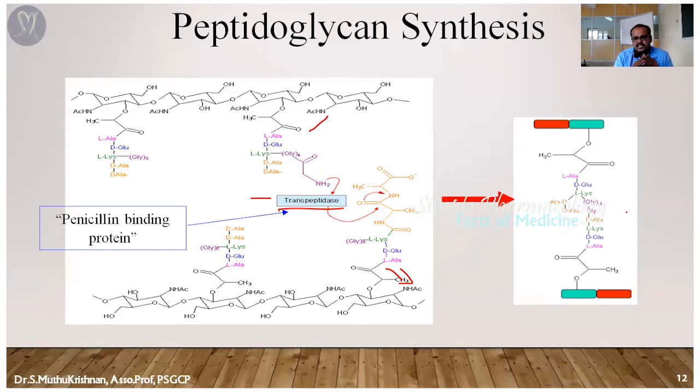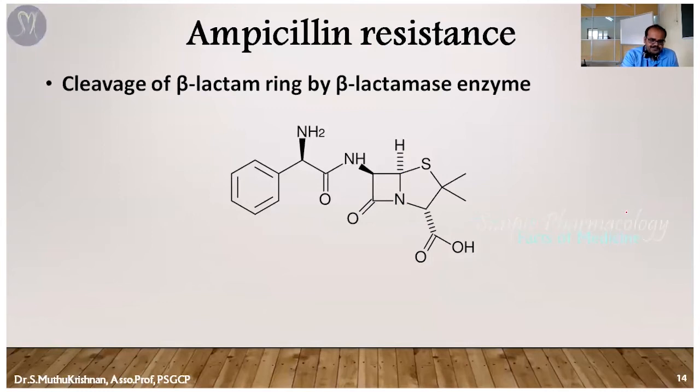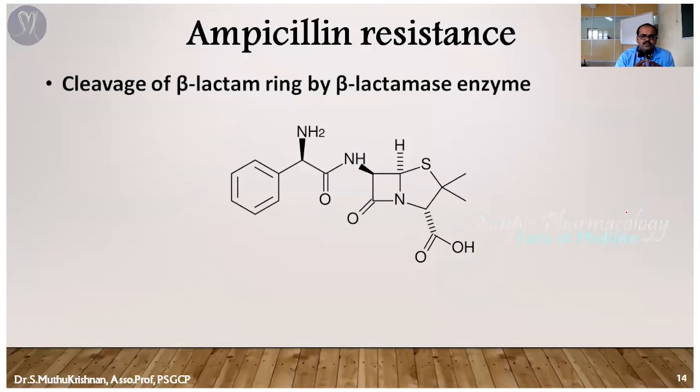Our penicillin drugs, the beta-lactam antibiotics, are going to inhibit that enzyme, transpeptidase. Once it is blocked, automatically the cross linkage fails, and the cell wall fails to stay strong, so it weakens and leads to cell death. That's the mechanism. The same mechanism is explained with a different picture here. The next one is